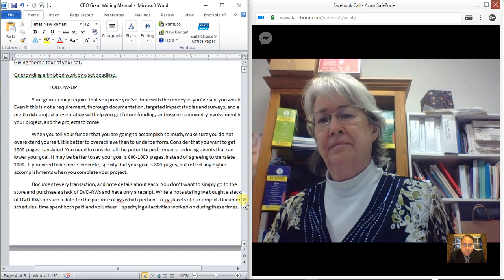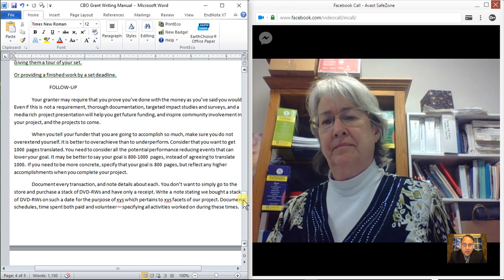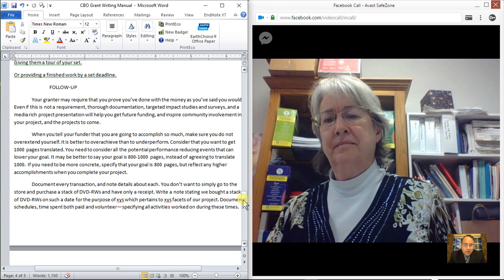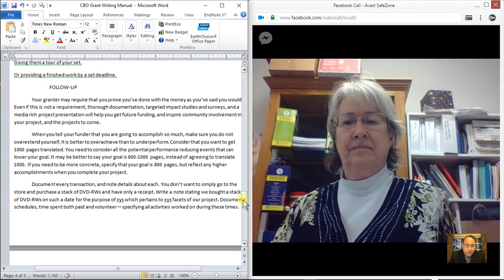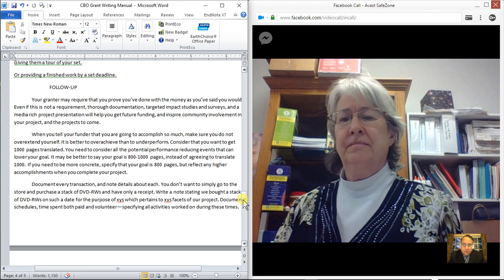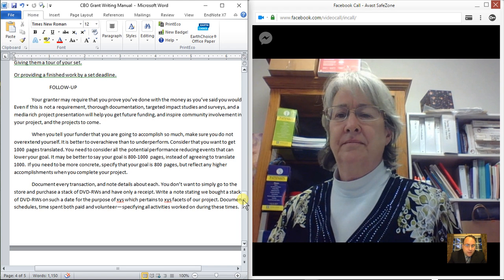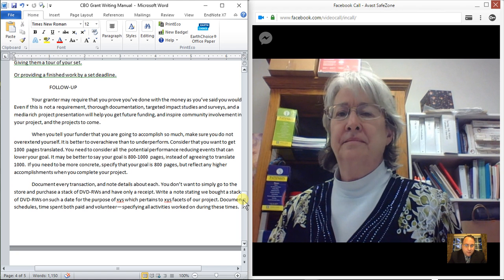Most funders are not going to require that, but you might want to take 10 minutes and look at your census and see, did it change? Did your community grow at all during that time? Is your community getting smaller? Maybe write down some simple notes saying, we gained so many students, or we had so many inquiries after we built that fence, or we got a lot of phone calls or emails.